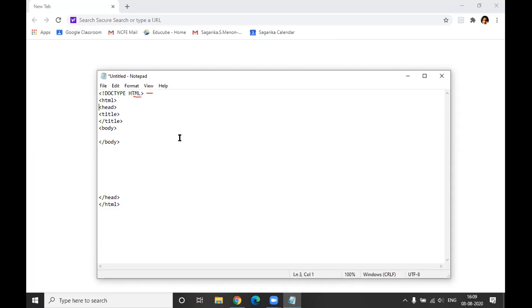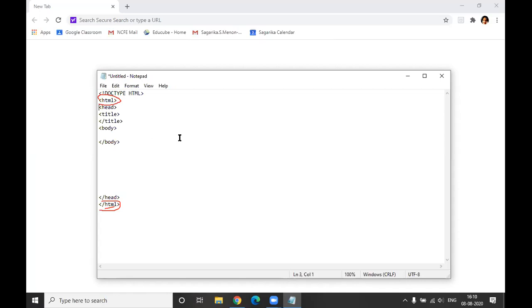So whenever we have an HTML tag, we'll always have a closing tag. Any HTML file that you're going to create will start from an HTML tag. If we have started the tag, then we'll close the tag also. To close the tag is as simple as putting a backslash and putting it over here.